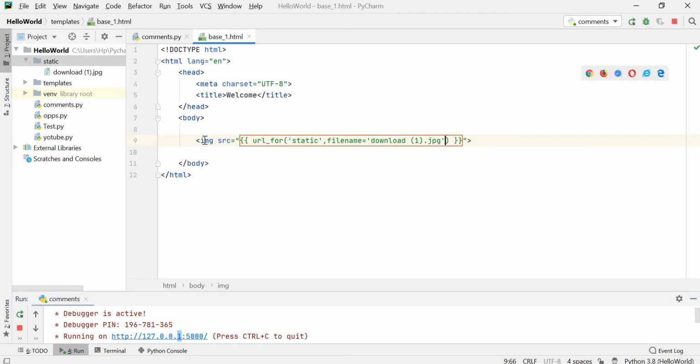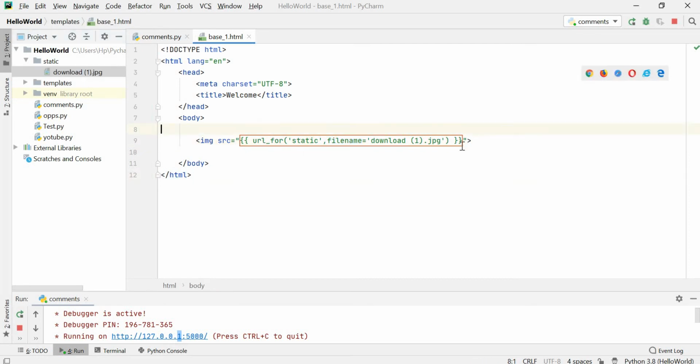Simply you have to pass the image source tag, then url_for, which checks the path of your image file, then the folder, static, for the static image, then the file name, that is download. If you want to put another image as well, just download it, go to your static folder and paste that image there, then you can call it easily in your HTML file.